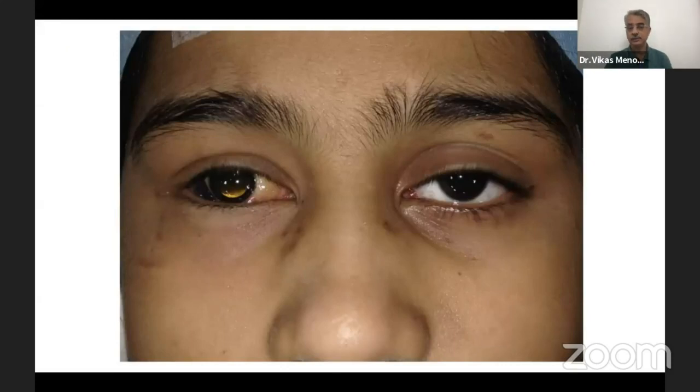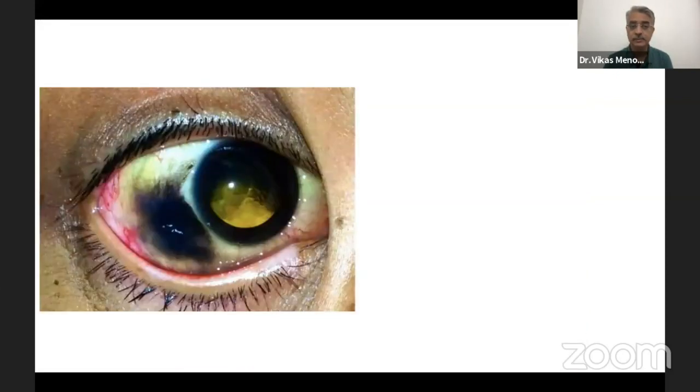Now, moving on to just a few examples of some other situations which may mimic conjunctival melanoma. Now, this young patient presented with a diffuse blackish pigmentation on the conjunctival surface. And the only significant thing here was that this was an acquired pigmentation, very deeply pigmented. You see the history, there was a history of TIA surgery.